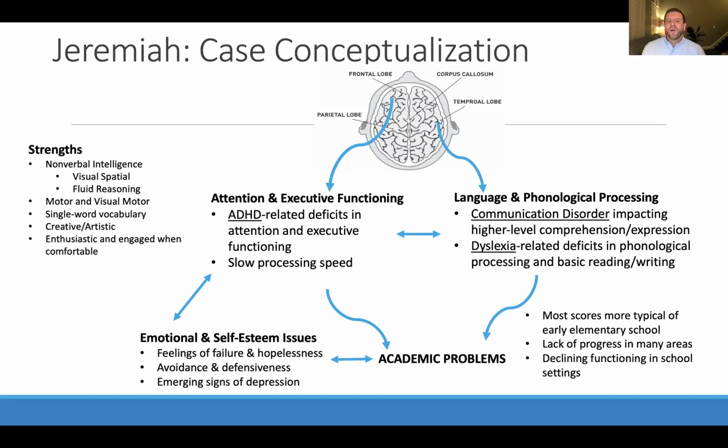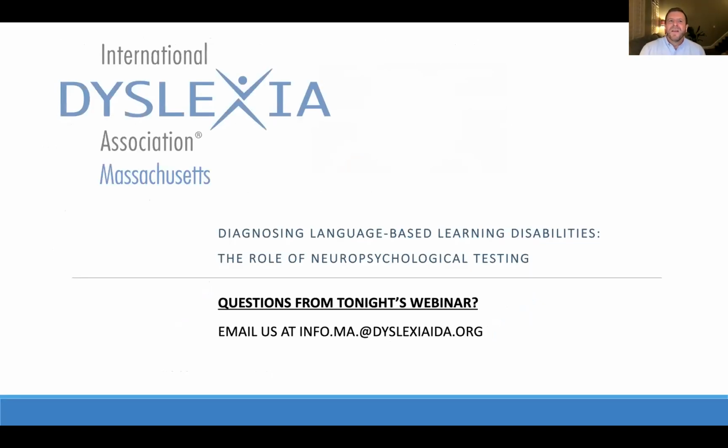We might also refer, looking at these patterns of avoidance and defensiveness, Jeremiah to a therapist to work with someone in better understanding the learning challenges and really working on some of the negative patterns that tend to be exacerbating how he's feeling about himself, right? So talking back to those negative self-statements, finding ways of increasing his engagement and other things where he did feel successful. So by looking at these different domains, it helps to guide our intervention plan, right? And so that also gets families and schools on board with, all right, this makes sense. This is what's happening. Now we have a goal, what we need to target for this, all right?